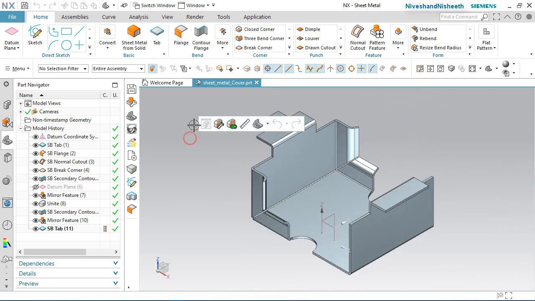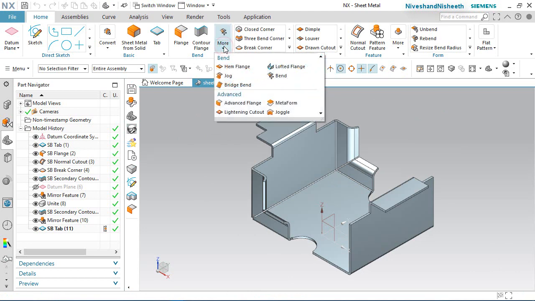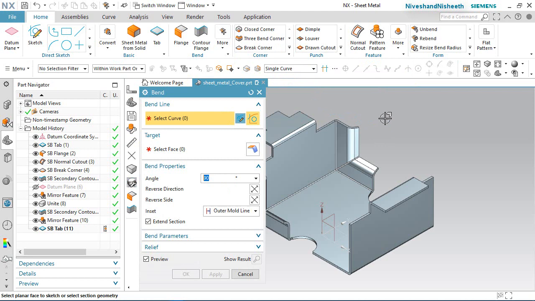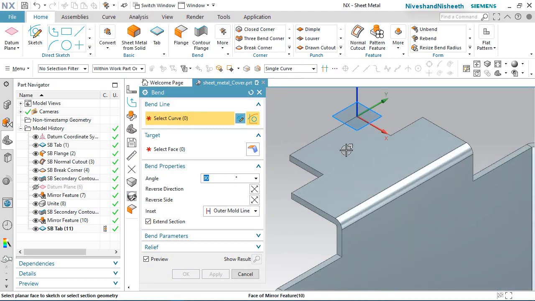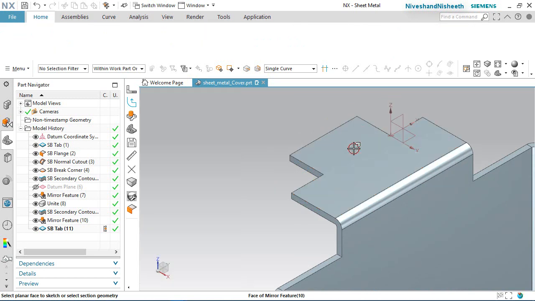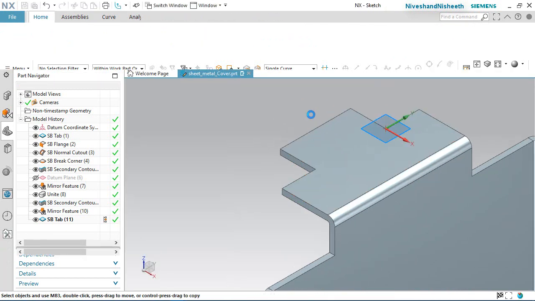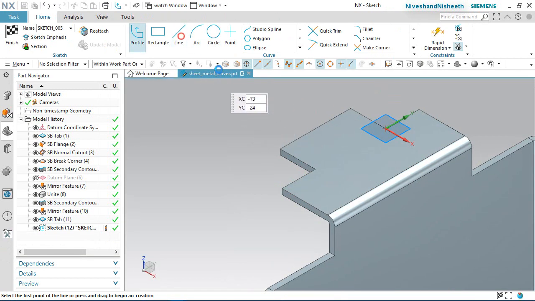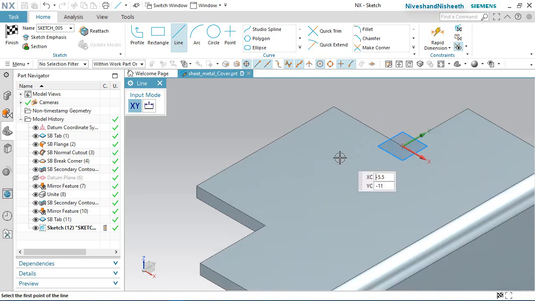Click More button and activate the Bend command. In the curve selection, choose this face to create a new sketch. Start the line from here.